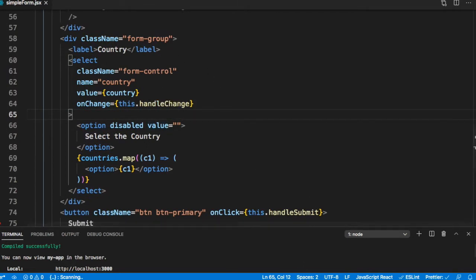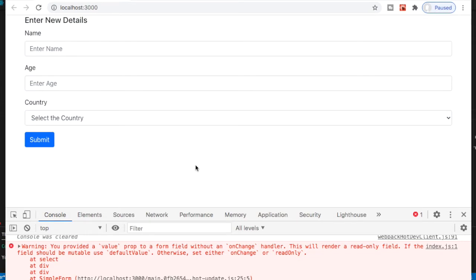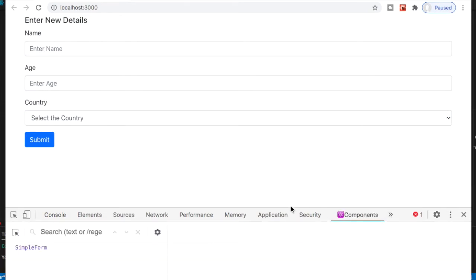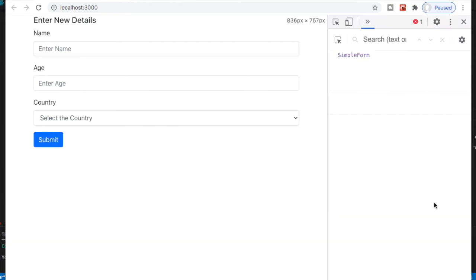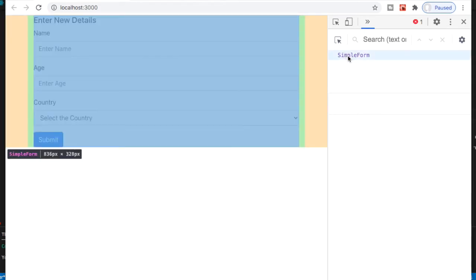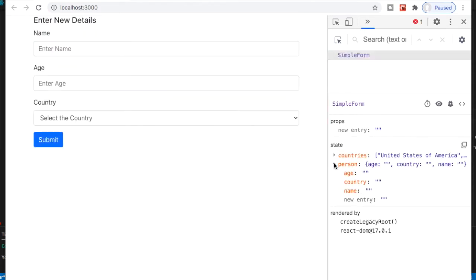Let's go ahead and test it. Here let me open the components and put it on the right. So this is our form, this is our component, and this is our person. In select the country, if I choose United States of America, I just get United States of America. Why do I get that?